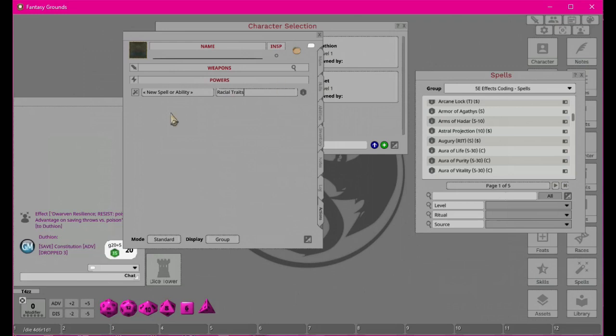Now this part is completely optional. We'll just give it a new heading. So if we click over here, you'll see it changed to racial traits so that we can kind of keep them sorted. Then if we want to call it